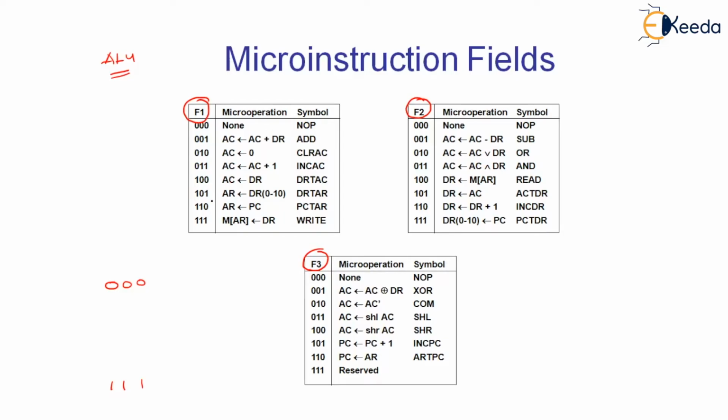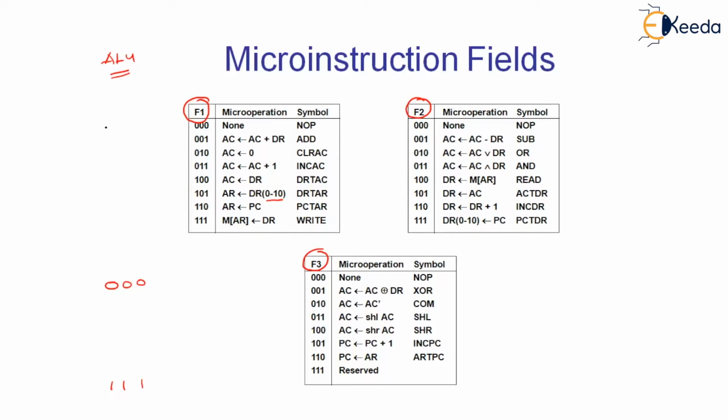If it is 101, the data register's least significant 11 digits will get transferred to the address register in order to locate a specific address in the main memory. You know that the data register also works as an instruction register. Initially, it is going to hold an instruction. In the latter part, it is going to hold a data element. So when it holds an instruction, the least significant 11 digits are going to specify one memory address. Which memory address? The operand's memory address.